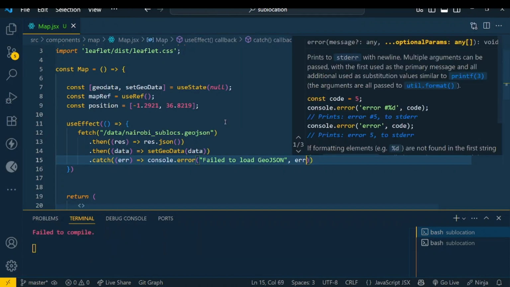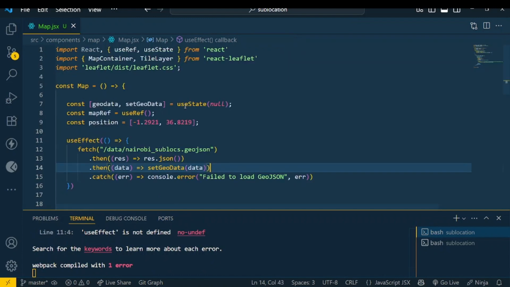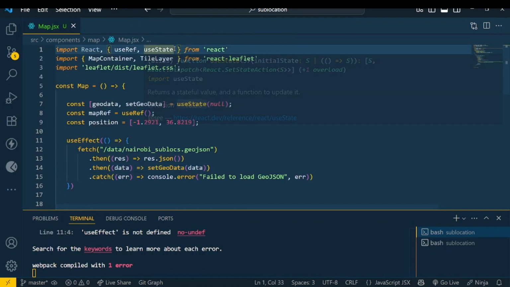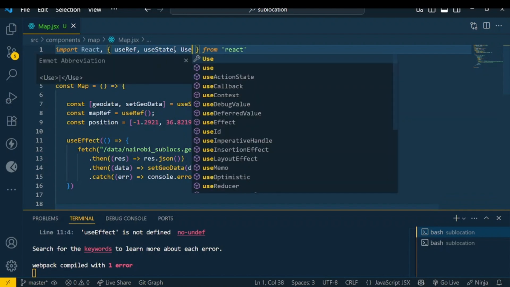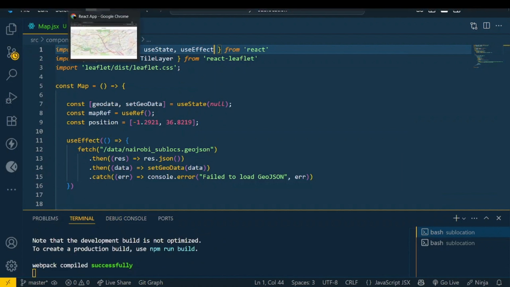Okay, so you say use effect is not defined, so we make sure we import use effect from React. So I say import use effect from React, and then we can preview,